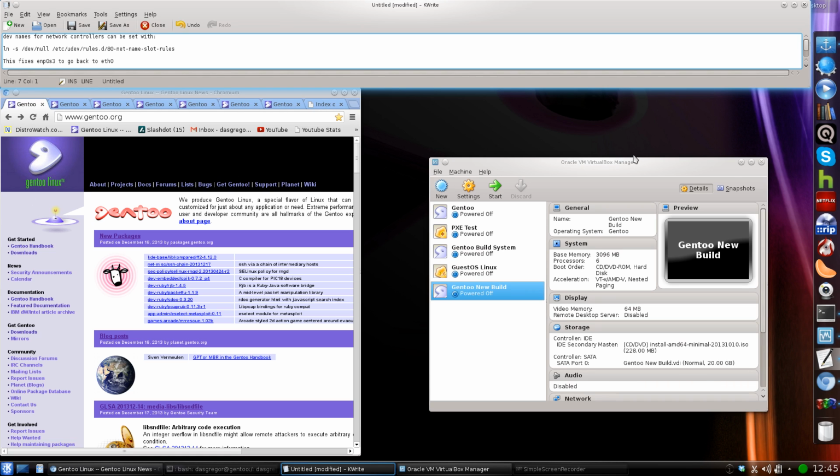Now, if you go to www.gentoo.org, you're going to get to all the documentation and resources that you're going to need to do this. Now, first off, the Gentoo Handbook is the absolute greatest resource you can ever look for. And if we click on that, I've already opened a lot of these up because I have so many internet